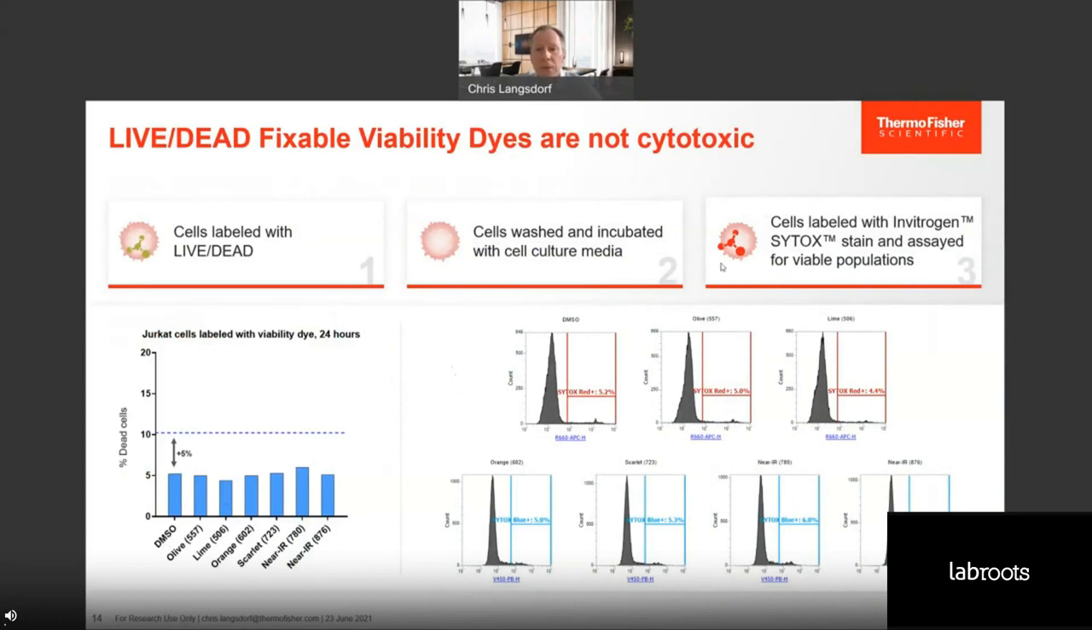alone. And then using another class of viability dyes called Cytox dyes, either Cytox red or Cytox blue, depending on the color requirements, we can see in every case our cells have the same background level of cell death, which is about 5%. So there's really no change between those cells labeled with DMSO alone for 24 hours, or with DMSO alone washed and then incubated for 24 hours, or those labeled with any of these dyes. And so we can say that these dyes are not going to induce more cell death in our cells of